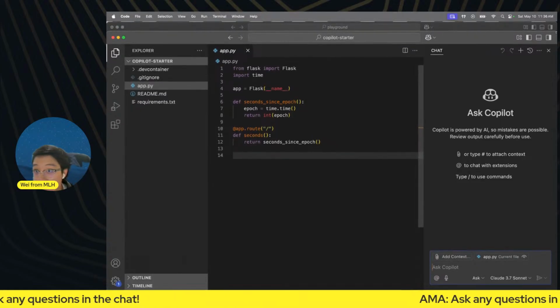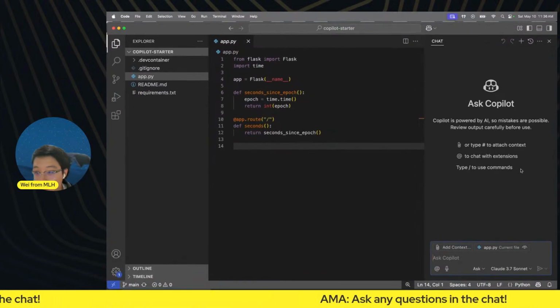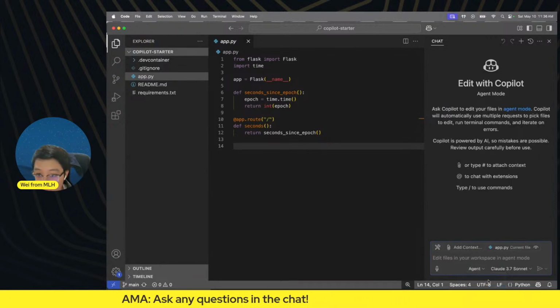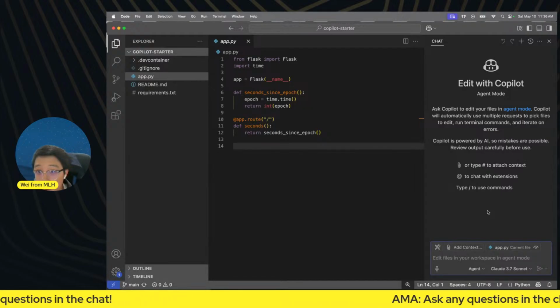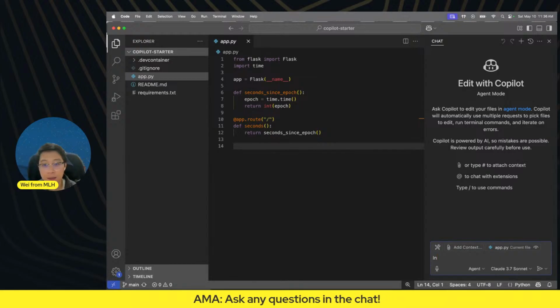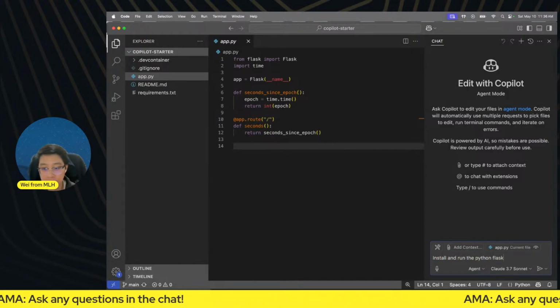A disclaimer, I haven't tried this before, so let's see if it works. I'm going to change the ask mode to agent mode, Copilot agent mode. And I'm going to say, install and run the Python Flask application.